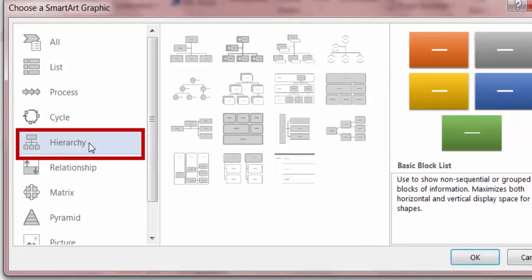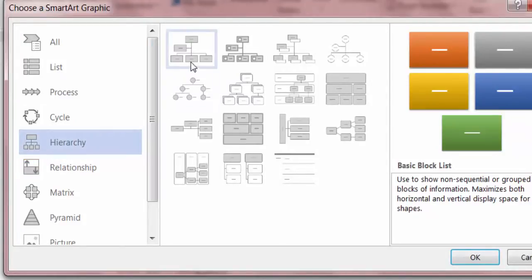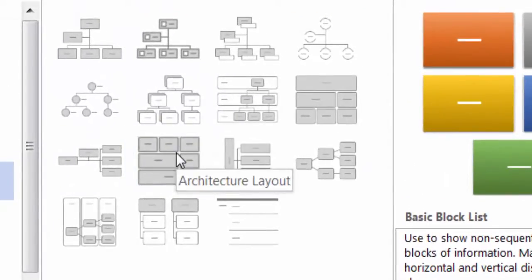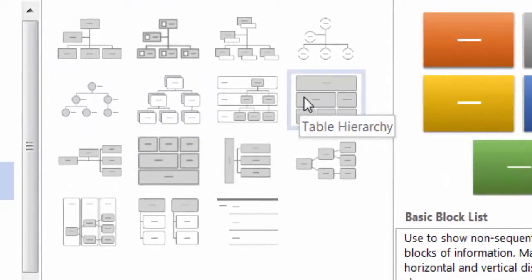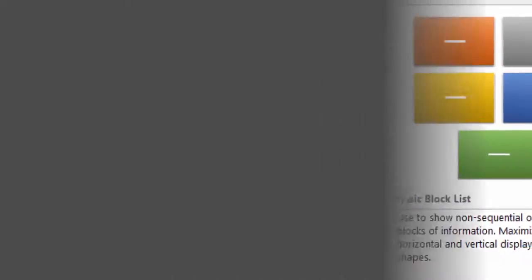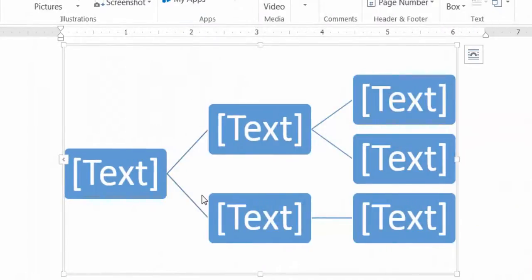Hierarchy. After clicking on the Hierarchy category, you notice there are a number of options in that category, such as the organizational chart, or the architectural layout, the table hierarchy. However, the one that's probably the most pertinent to writing is the horizontal hierarchy, so we're going to take a look at that. Once you click on the horizontal hierarchy, you will see right away that it moves from general